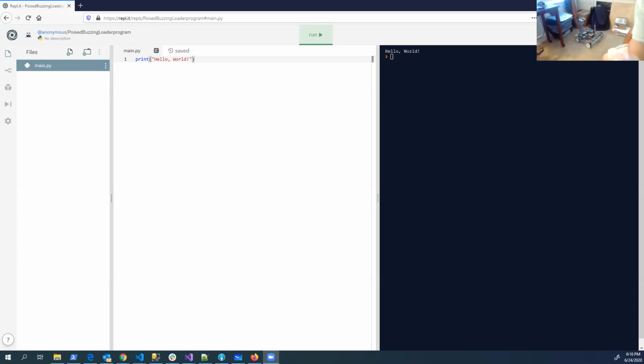So there's the FTC robot. It's not on my screen share, it's on my camera view. Can you see it, Alejandra?